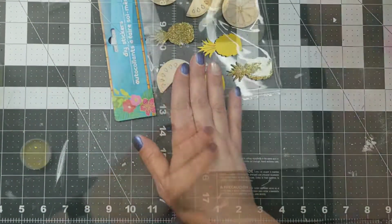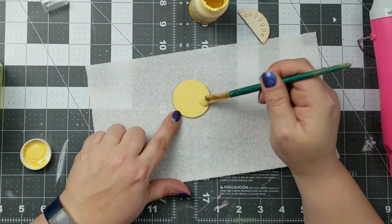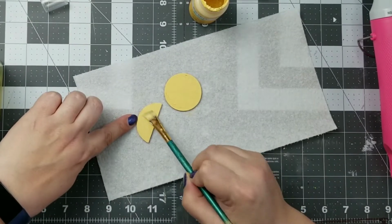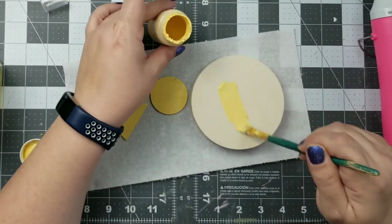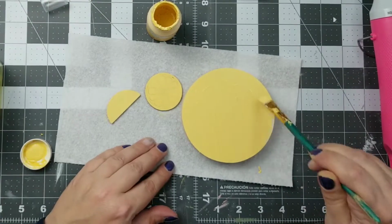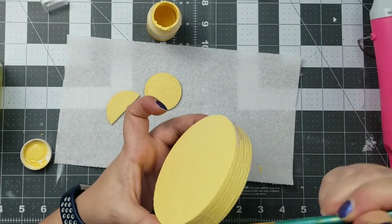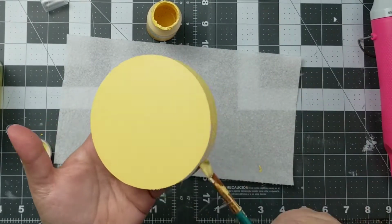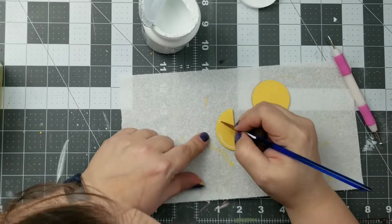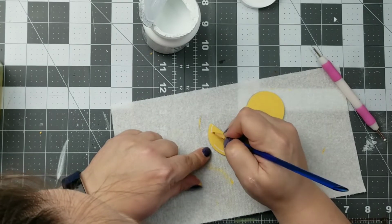So let's get started. First, I'm going to take these laser cut wood rounds. They're like fruit slices. One is a citrus fruit and the other's like half a watermelon. And then this is just a crafter square round that I am also painting with the Waverly Chalk paint in the color maize. Next, I am taking a very fine detail paintbrush and I am going to add the lemon